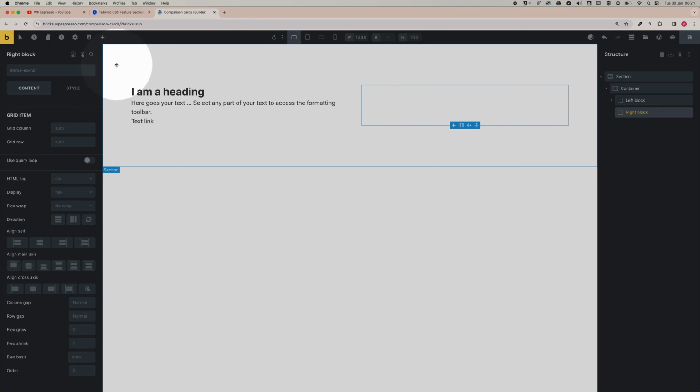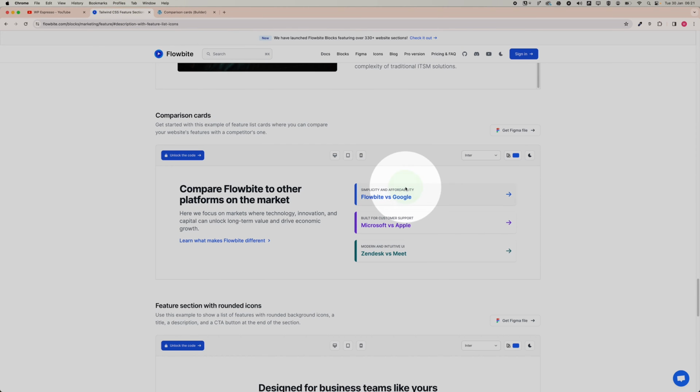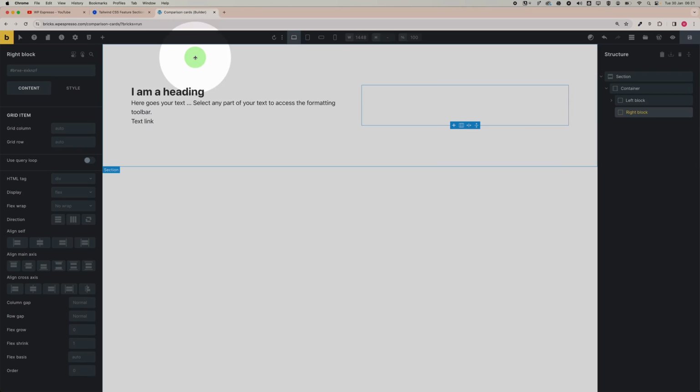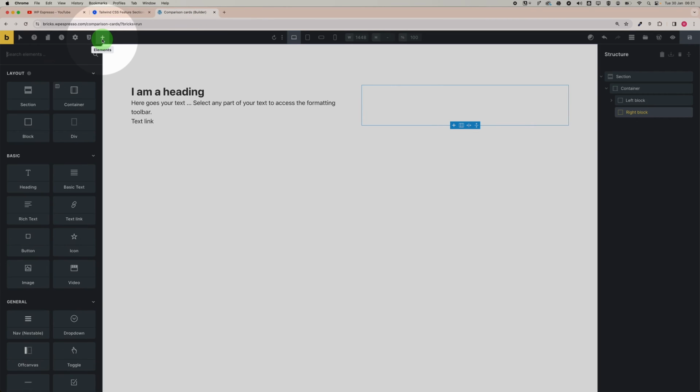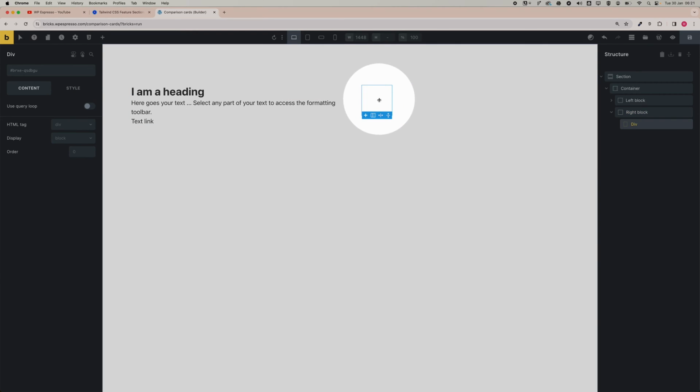Let me get a view to the design again. So we have those 2 titles and a right icon. There is a mouse over effect. Okay, so we're going to reproduce this very quickly. Plus button here, div, and now there is a div here, right? You can select it by here or going on the layer, make sure it's selected, plus button here,